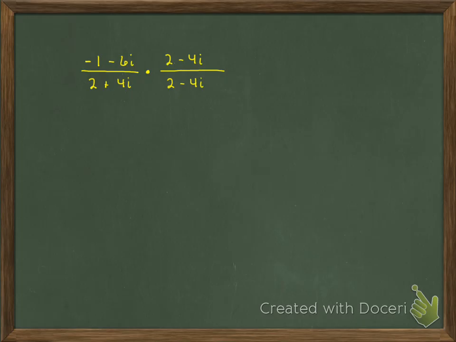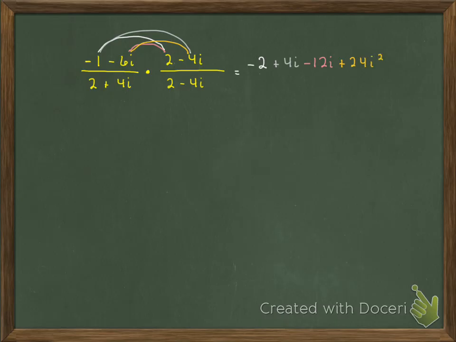And we will begin now the FOILing process. -1 times 2, -2, -1 times -4i is plus 4i. -6i times 2 is -12i, and -6i times -4i is plus